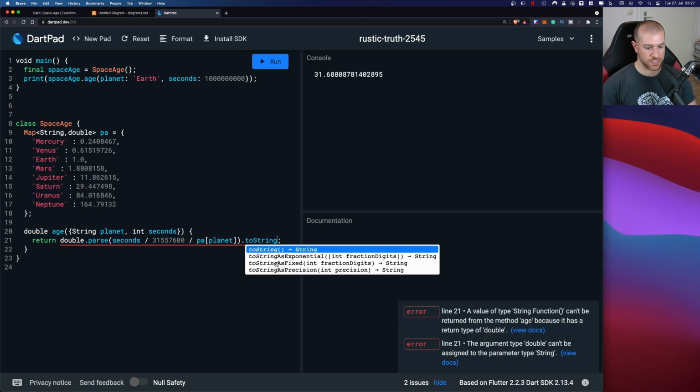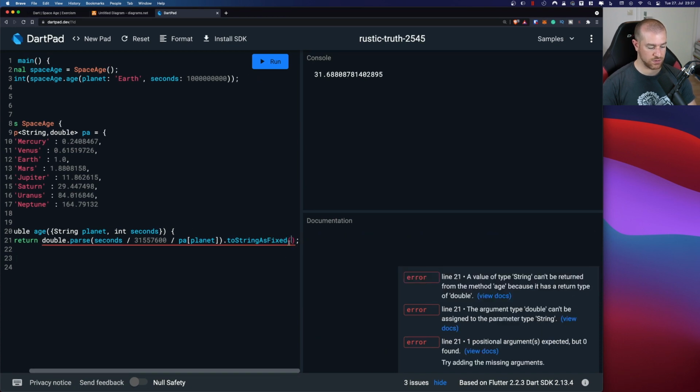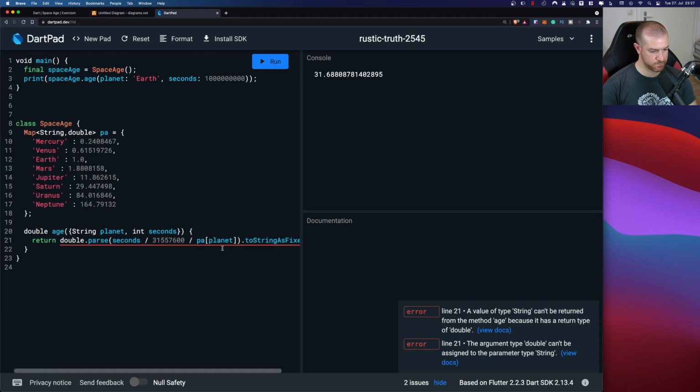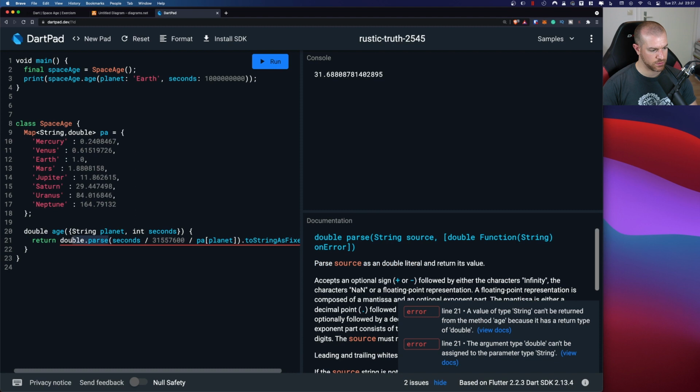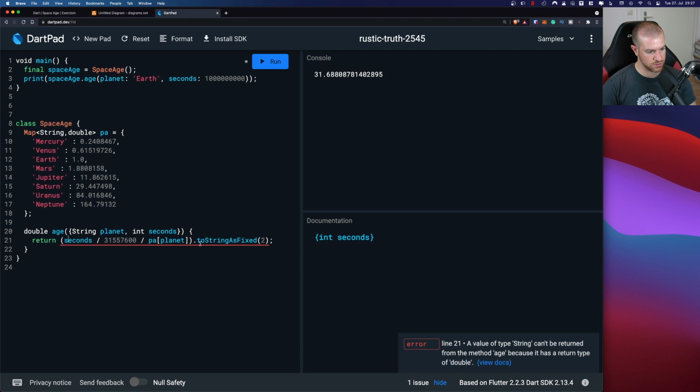So if you use asFixed, you can say fixed as 2 decimal numbers. There is an error somehow. Wait a second. So I think we can do it like so as well. No, we need to do it. Yeah, this is why